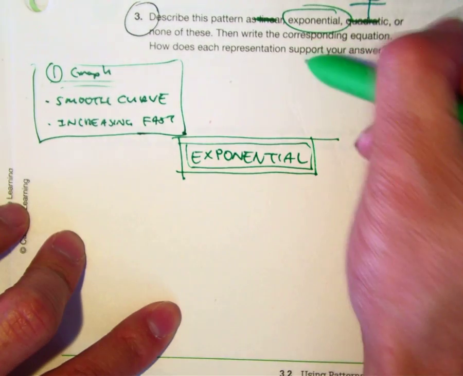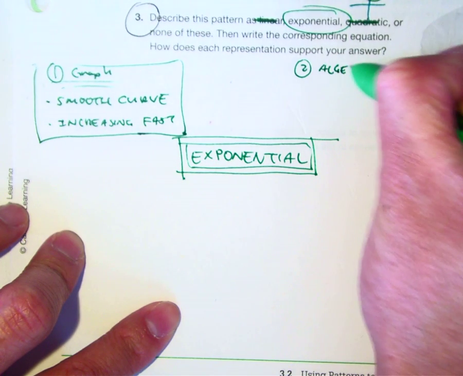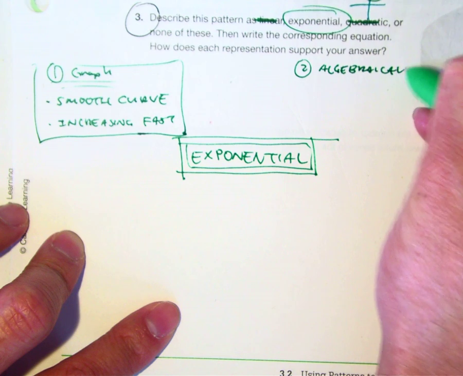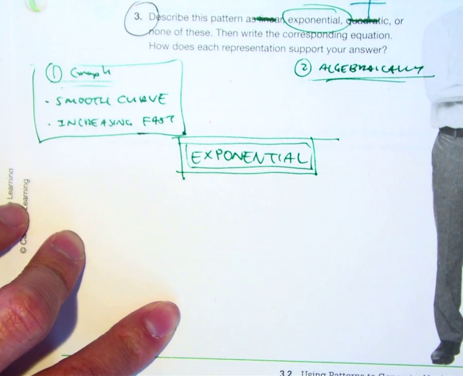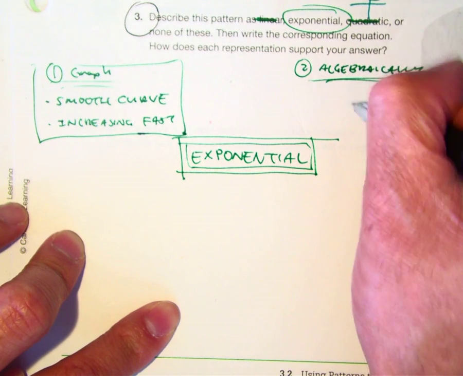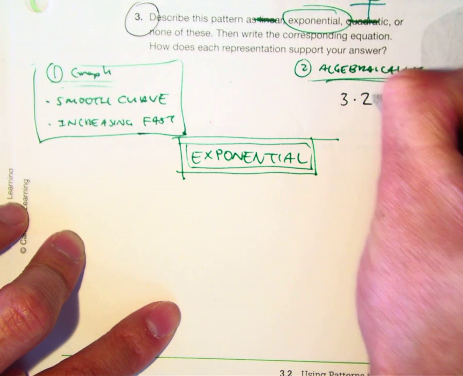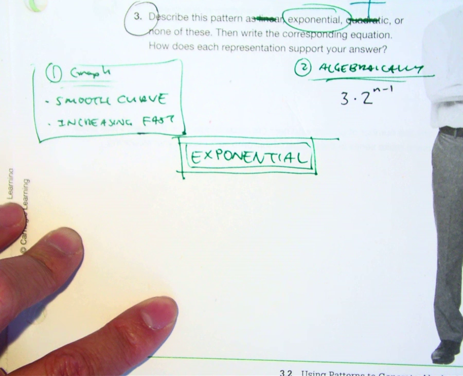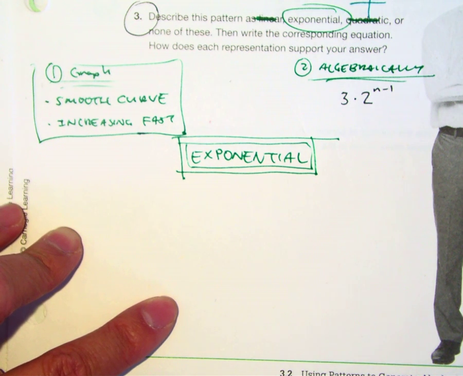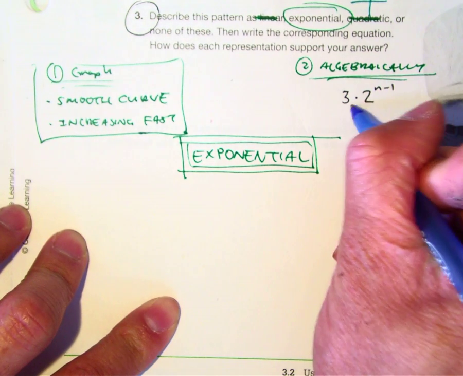Okay? Let me show you another one called the algebraic. Everyone say algebraically. Algebraically. So we just wrote down an expression on the previous page, 3 times 2 to the n minus 1. Well, what happened? If I put this one over 1,